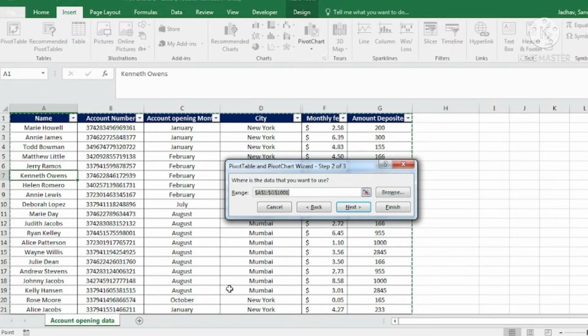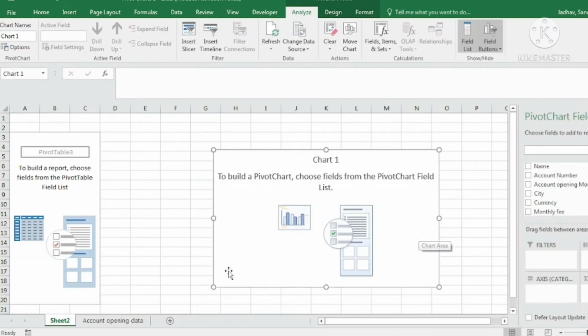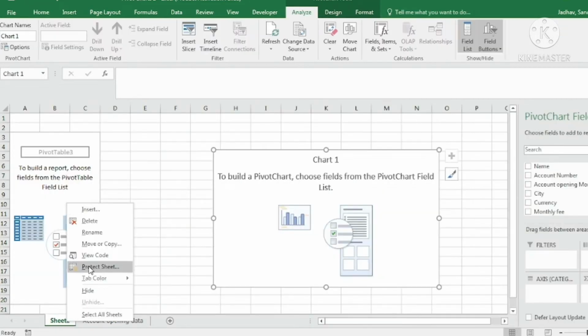Next, the range is already selected because the active cell was inside the table, and then I will say next. Where do you want to create? New worksheet? Yes, I want to create in a new worksheet. So I'll say finish. Now if you see, the new worksheet is being created over here. Our old data is here and the new worksheet is here. I will just rename this